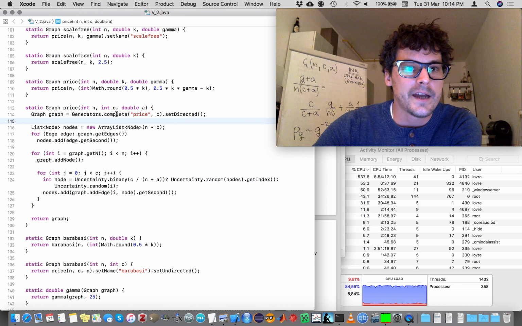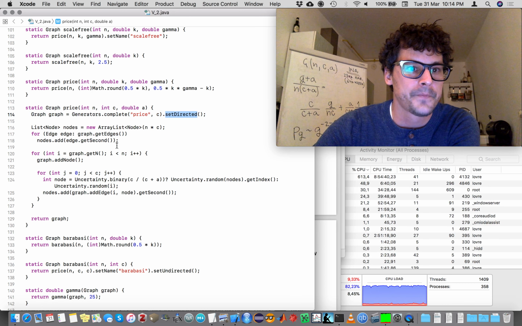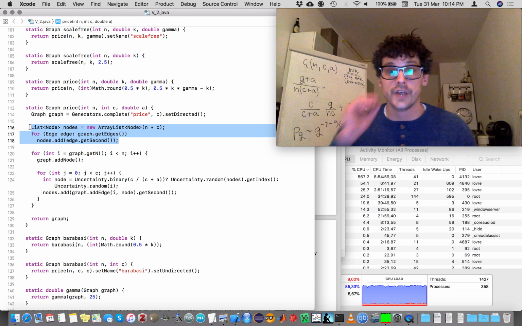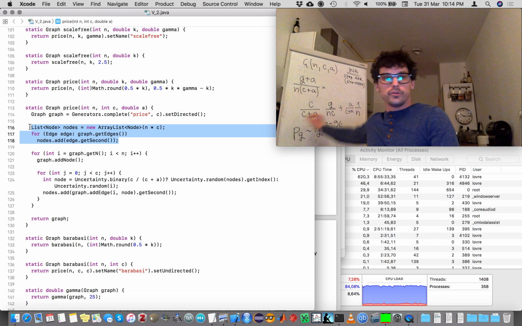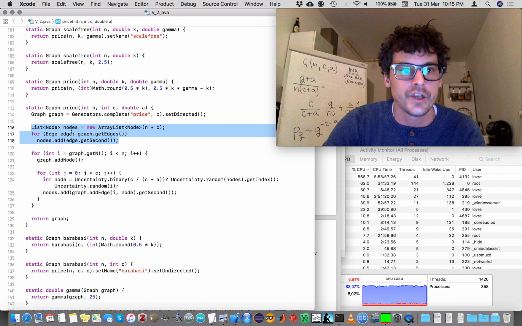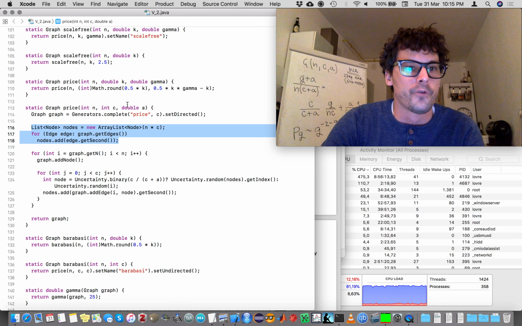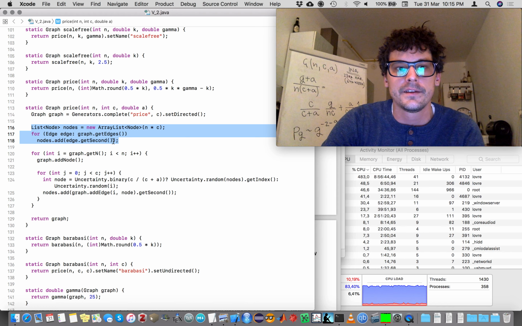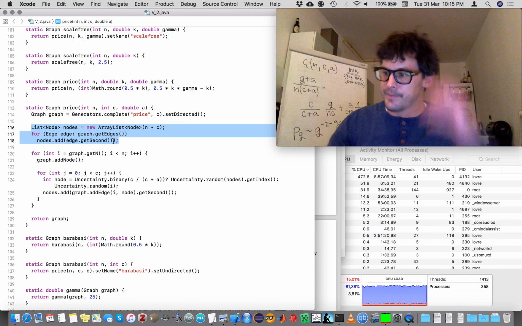What I do, I start with the complete graph on C nodes, and I say that it is directed. Then I will start this list of nodes that will allow me to efficiently sample the nodes proportional to their in-degree. This is a list called nodes. To initialize this list, I go through all the edges that were generated above, and I add the second endpoint of the edge to this list, so each node will appear as many times as its